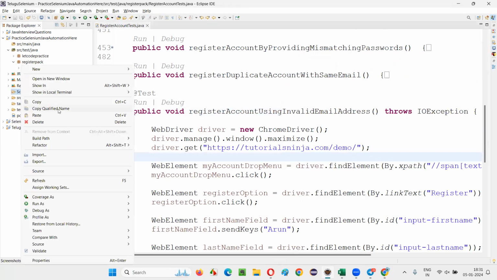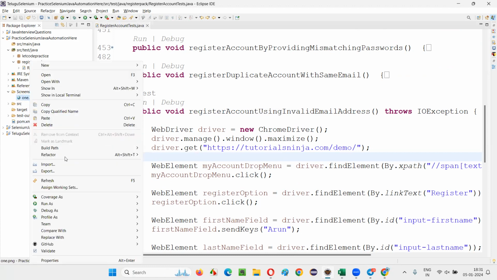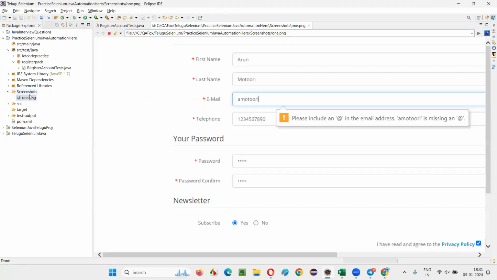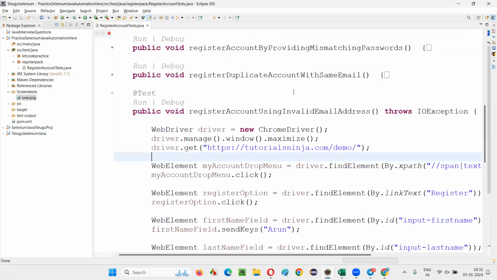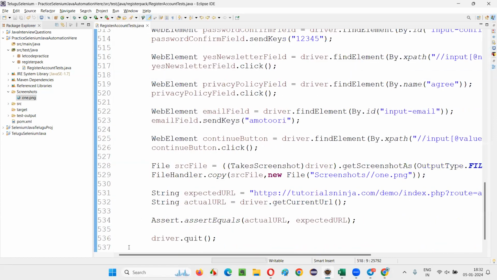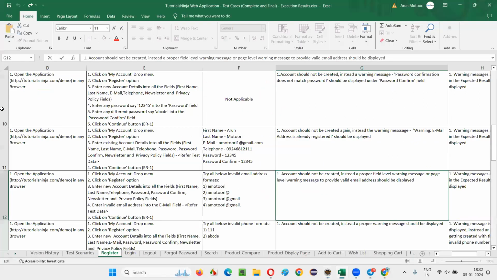Now go to the screenshots folder and refresh once. You see there is a file created. Right click, you can directly open it. It will open in the Eclipse IDE editor, or you can go to the location and open that. This is a screenshot. You see, please include an @ in the email address. The email address is missing an @. Proper warning message is coming. That's fine. So visually we can see the screenshot and confirm that the test case got passed. Even from the screenshot, the test case got passed. But now the next task remaining is that we have to pass